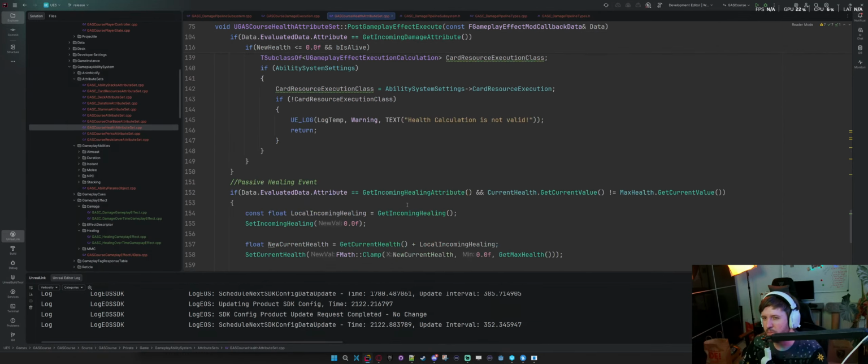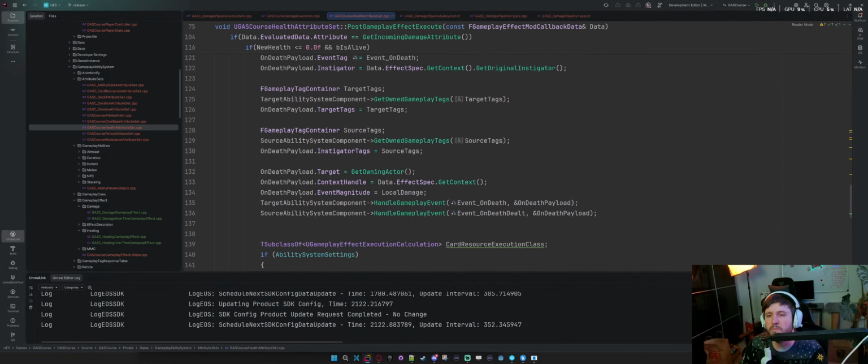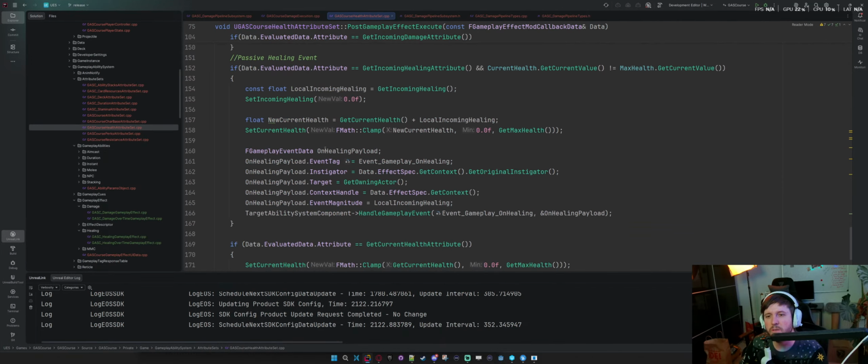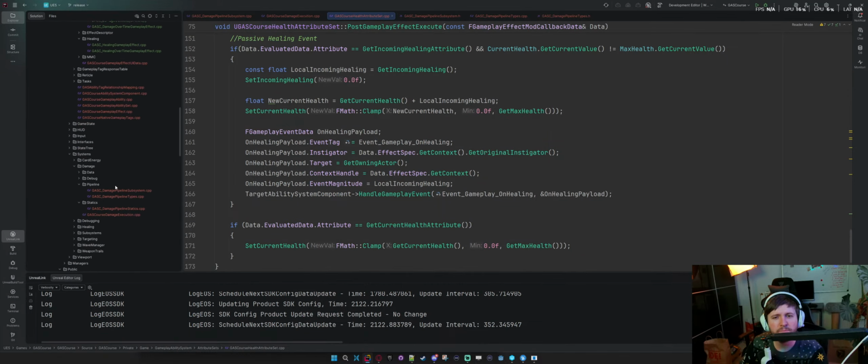Maybe this whole function thing could be a little cleaner, because, yeah, we do death payload, and then we do healing payload, which maybe... Am I doing this in too many places? Not sure. Code base is getting a little complicated. I can't remember everything.